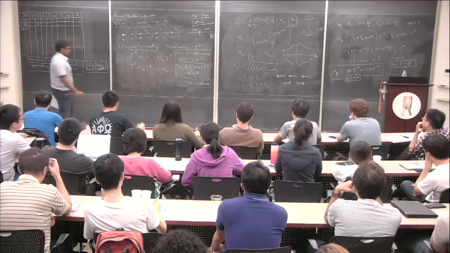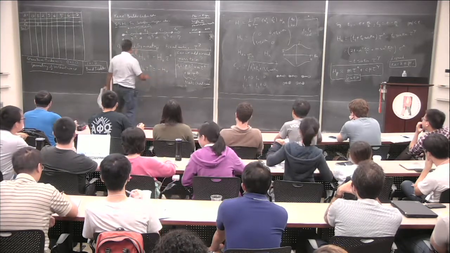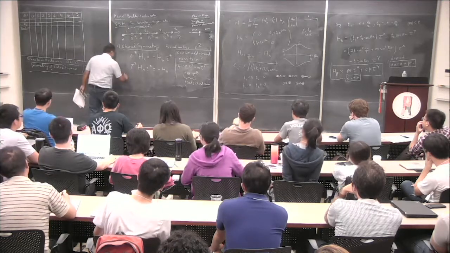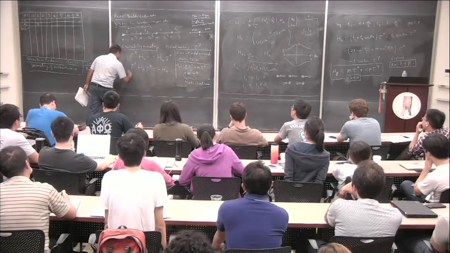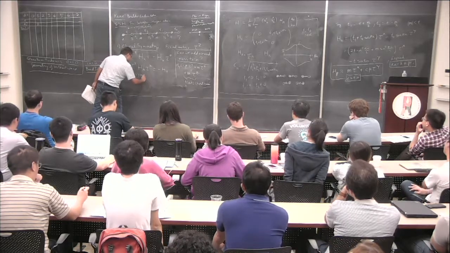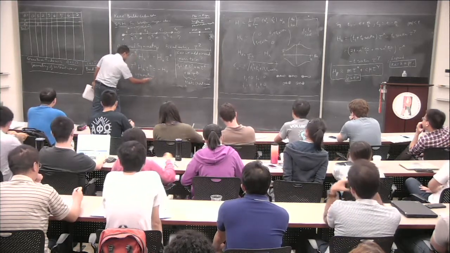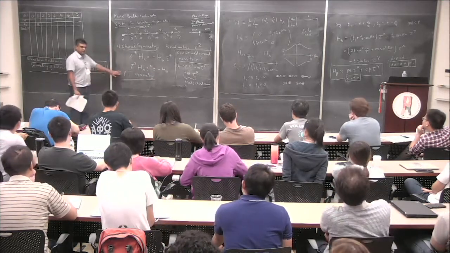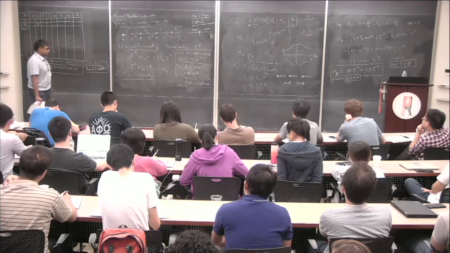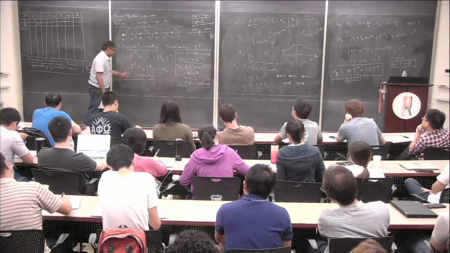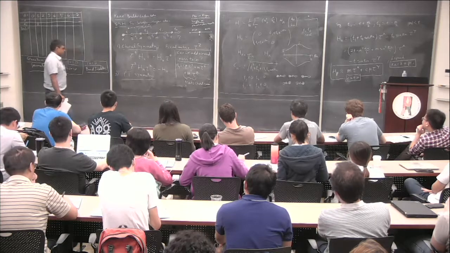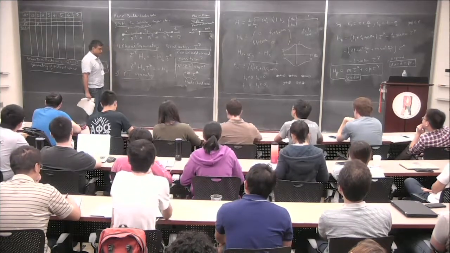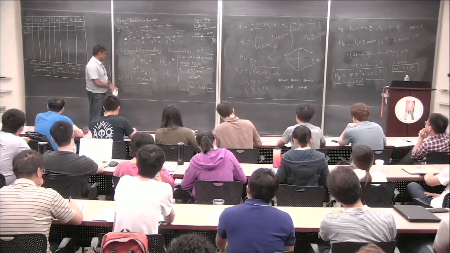So there are other symmetries that can protect this as well. Let me give you one other example, which is relevant for things we'll talk about later. It's the combination of reflection and time reversal. Mainly we will not talk about spatial symmetries, things that change the spatial coordinates, like reflection, but in this one case we will. We'll refer to this a couple of times. This is the one spatial symmetry we'll sometimes talk about. The thing that's nice about the symmetry is that the combination leaves K invariant, and you can implement it